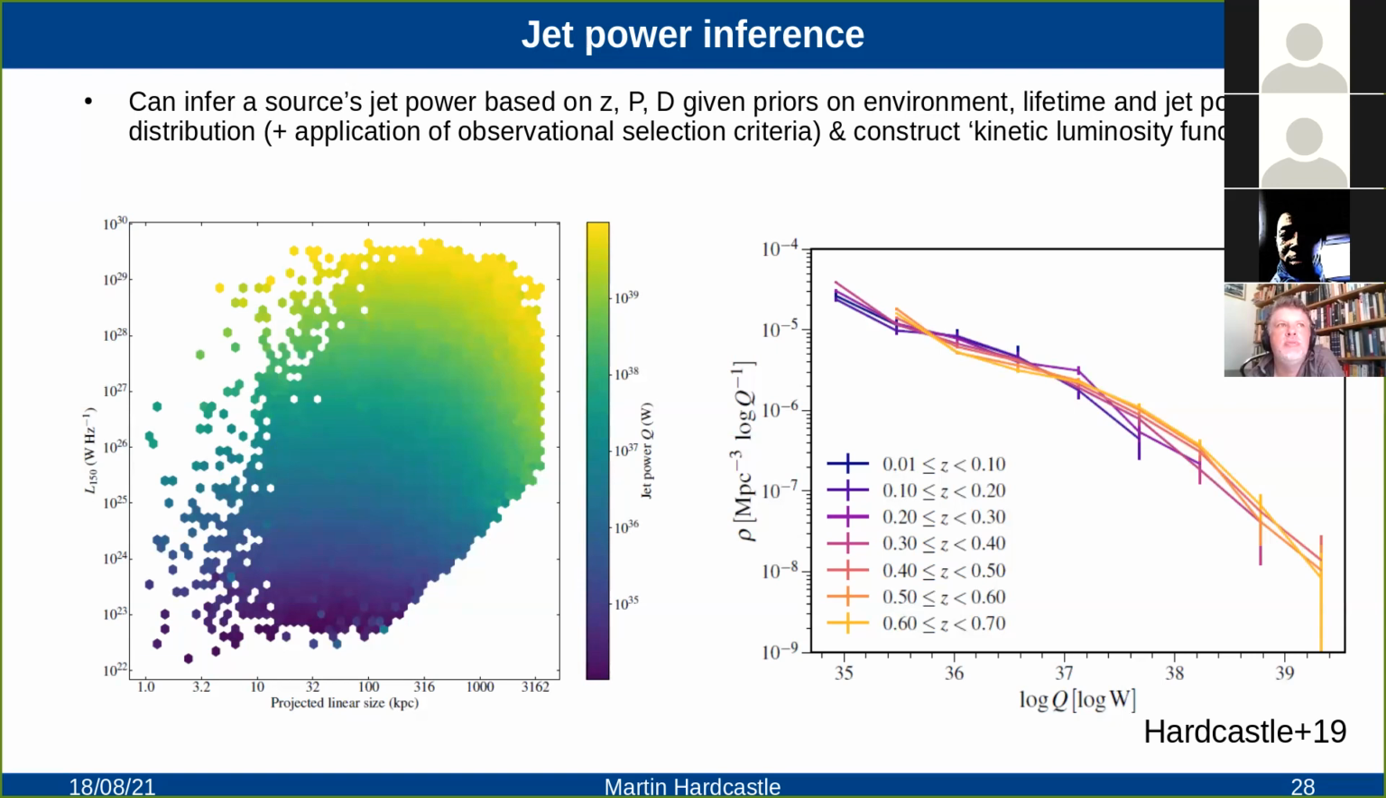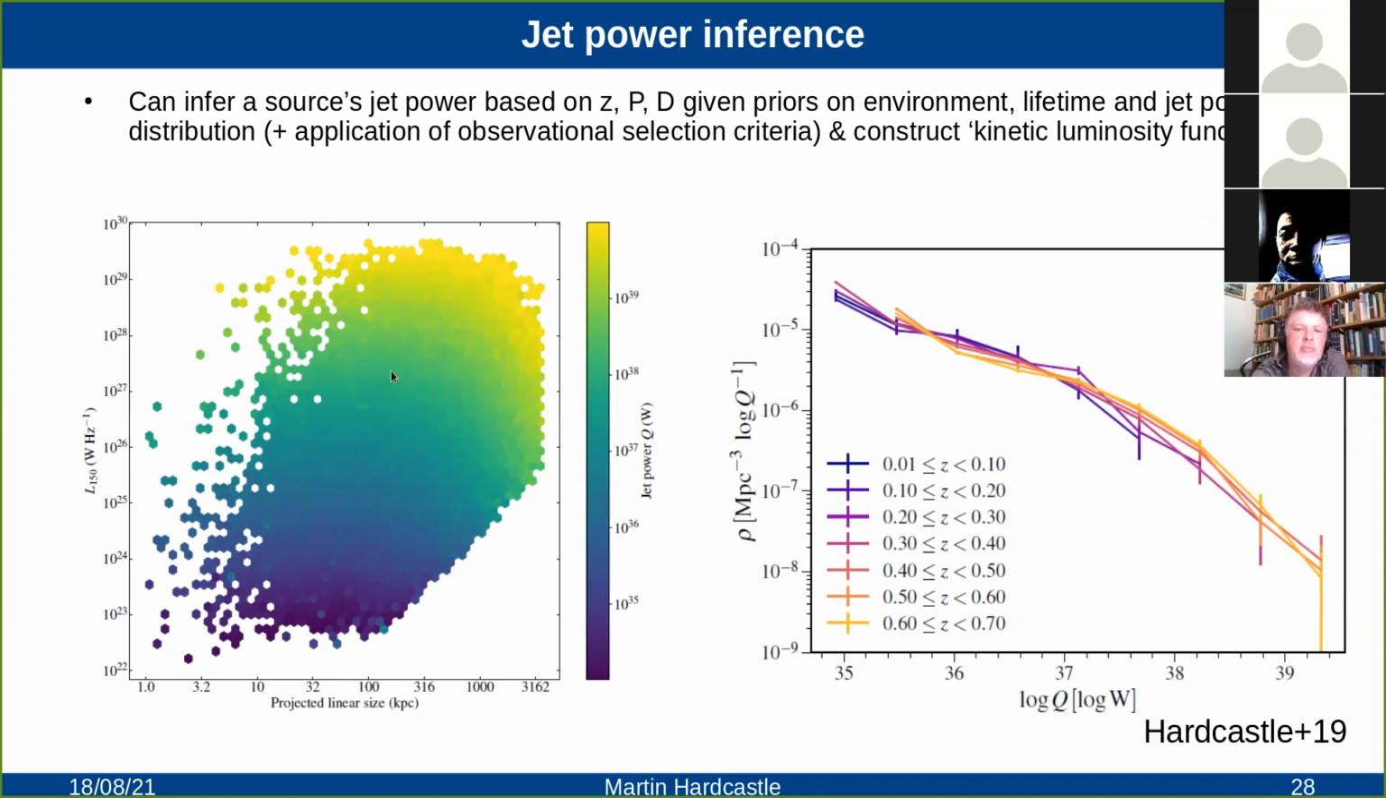And we feed in the observational selection criteria, and we try to infer the jet power based on all of those things. So the sort of inference diagram we can draw here is a projection of the actual inference onto the power linear size diagram, just to give you an idea of how it works crudely. So you can see essentially what we're saying is that if a source is in a given particular place on the power linear size diagram, then its jet power is about